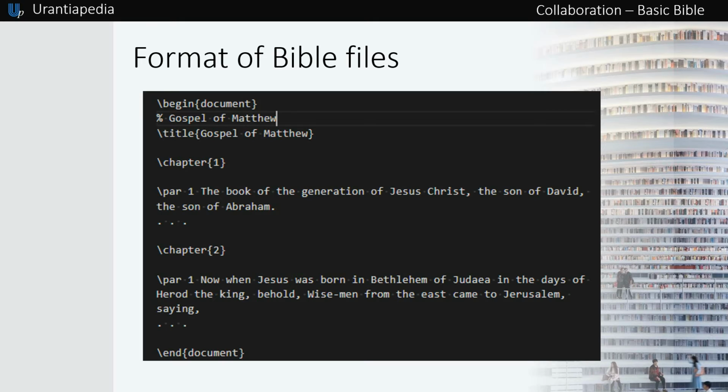Format of Bible files. The content of each book must come in LaTeX format. LaTeX format is a common text format for academic papers. It is a very complex format, but here we are going to use a very simple number of LaTeX commands or tags. These are the commands that we are going to use: